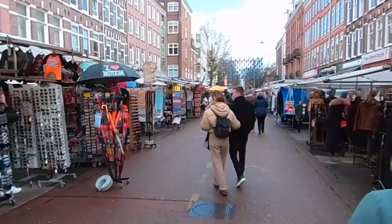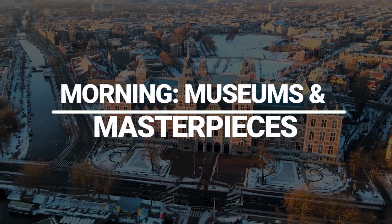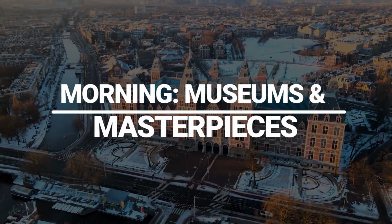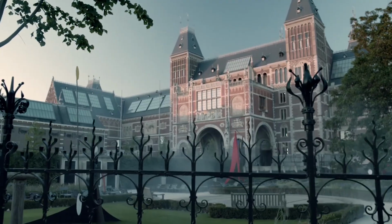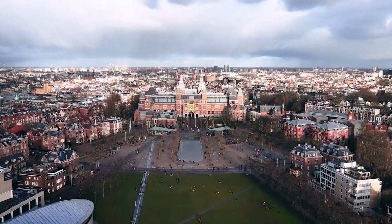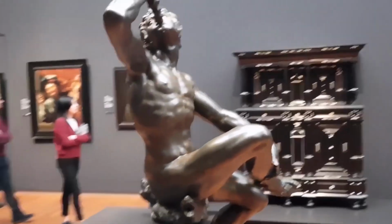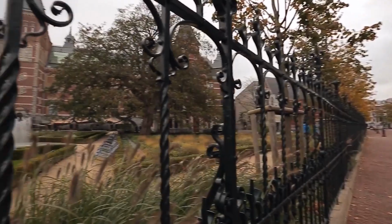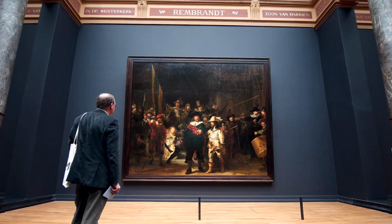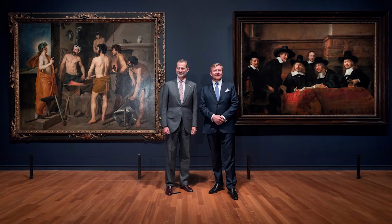Day 1. Amsterdam's cultural gems. Morning. Museums and masterpieces. If you're in Amsterdam, you may be fond of art. So, for the first day, we recommend you start your trip heading to the Museumplein, home to some of the world's most famous museums. First up is the Rijksmuseum, where you can admire masterpieces by Rembrandt, Vermeer, and other Dutch